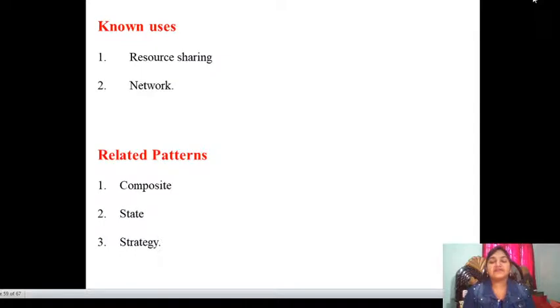Next, state: there are two states, extrinsic and intrinsic. In that case also the state pattern supports this flyweight pattern. Next, strategy. Strategy means we use different types of algorithms to perform sharing of those classes and objects, by managing and implementing the objects, we define the different strategies. That's why strategy is also one of the supporting patterns for this flyweight pattern.